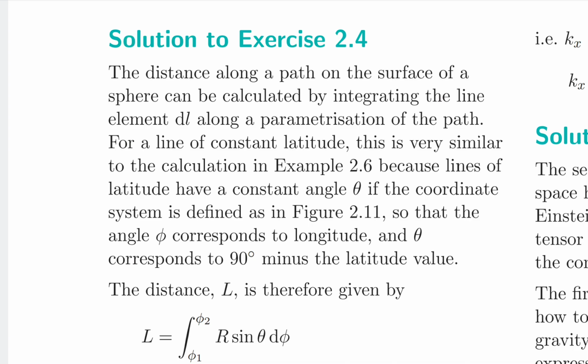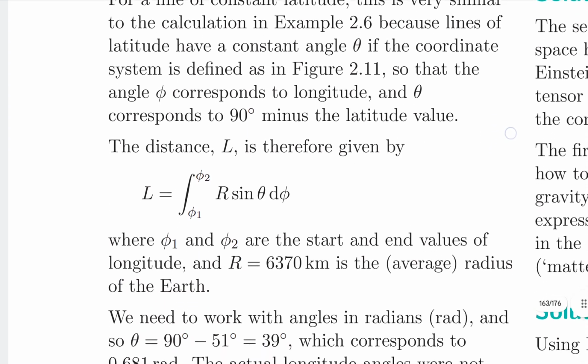Solution to exercise 2.4. The distance along a path on the surface of a sphere can be calculated by integrating the line element dl along a parametrization of the path. For a line of constant latitude, this is very similar to the calculation in example 2.6 because lines of latitude have a constant angle theta. If the coordinate system is defined as in figure 2.11, so that the angle phi corresponds to longitude and theta corresponds to 90 degrees minus the latitude value, the distance L is therefore given by